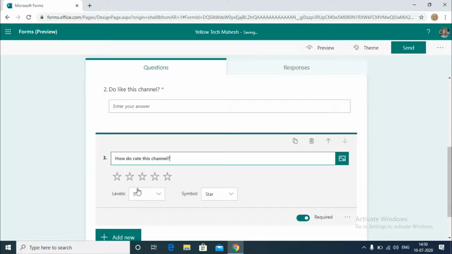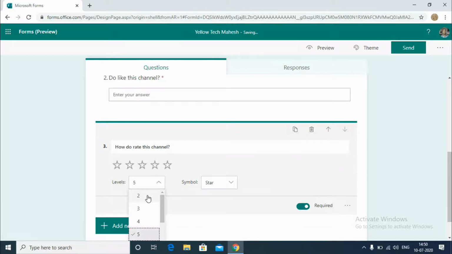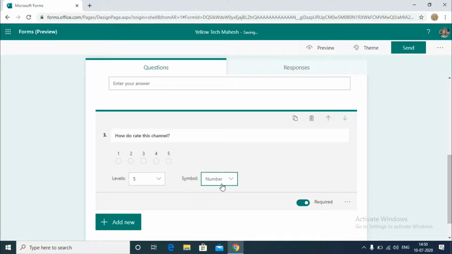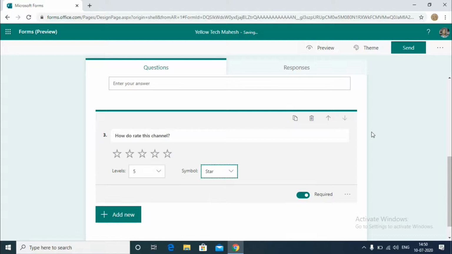And here there are stars. The level is 5. If you click, you can also change the number of stars. Here I am giving 9. See, there are 9 stars. I am going back to 5, and you can use stars and numbers. You can click number and it will show numbers, or I am using stars only as I like them.